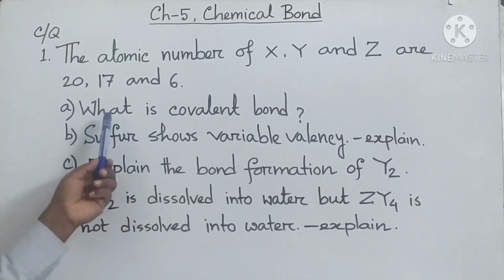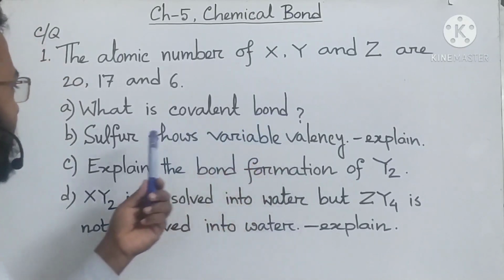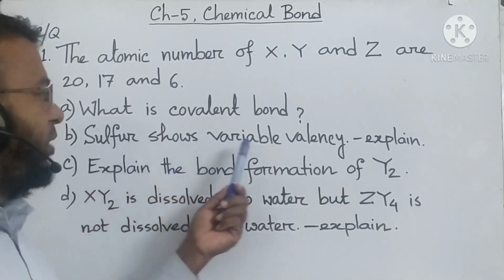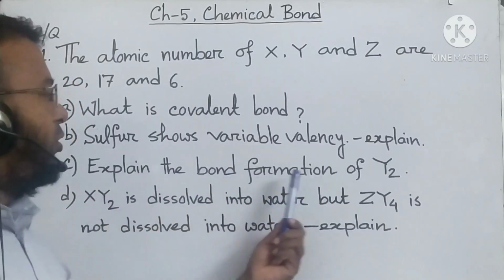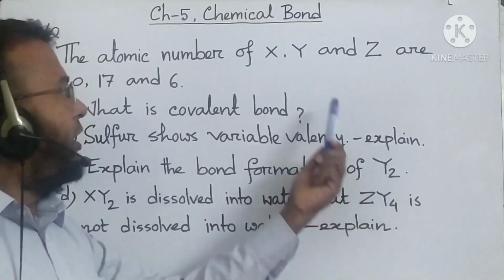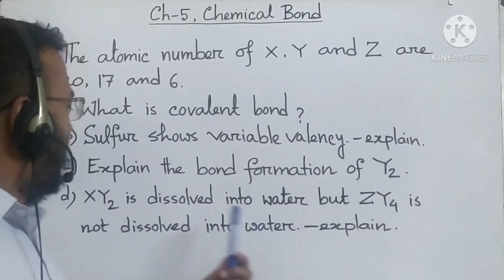Now we have to answer: number 1, what is covalent bond. Then we have to explain why sulfur shows variable valency. Then number C, we have to explain the bond formation of Y2. I told you what Y is, it is chlorine, so Y2 will be Cl2. Then